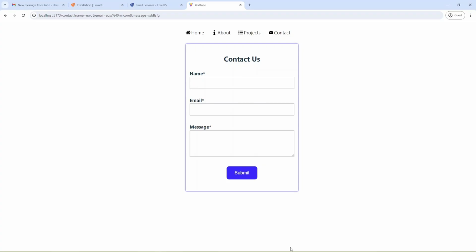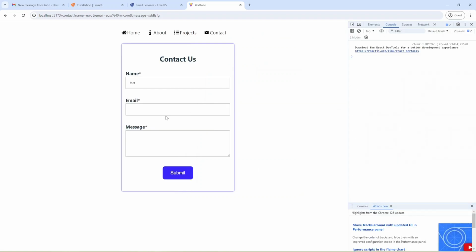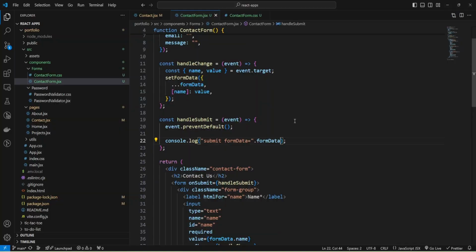Let's check what we have. I'm going to open the app, refresh, and provide some name. I need to open developer tools and open the console, and the email will be test.com, and the message will be test, and just submit. And we have undefined, so let's check what happened.